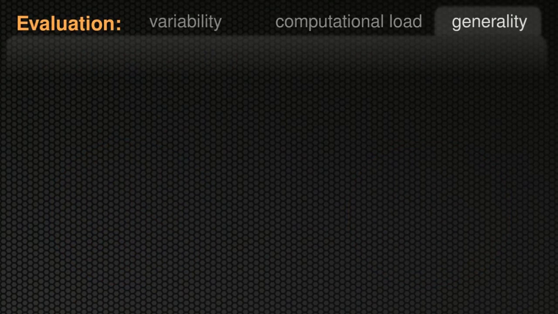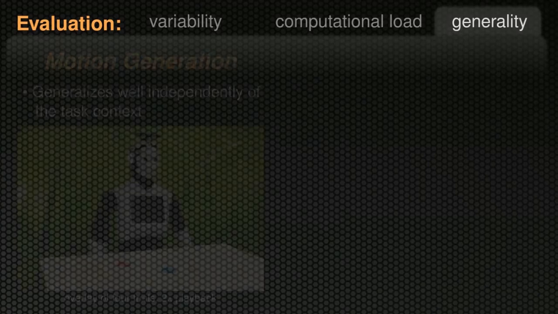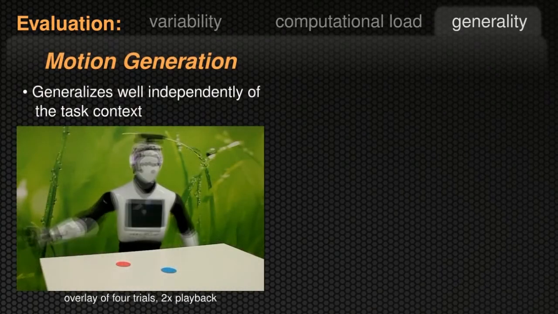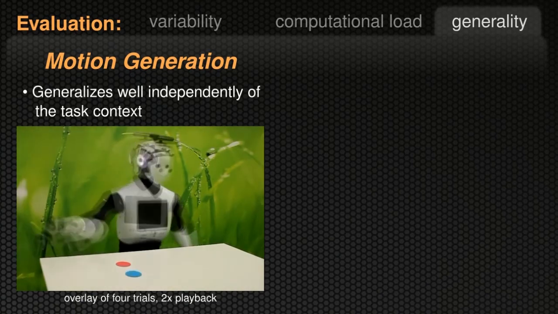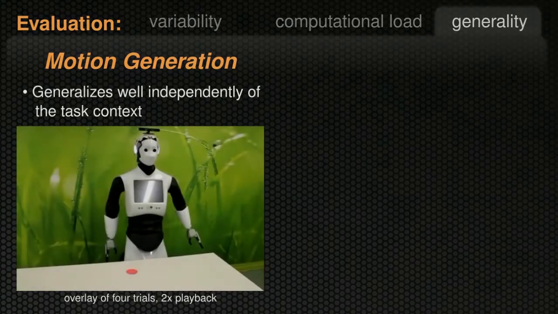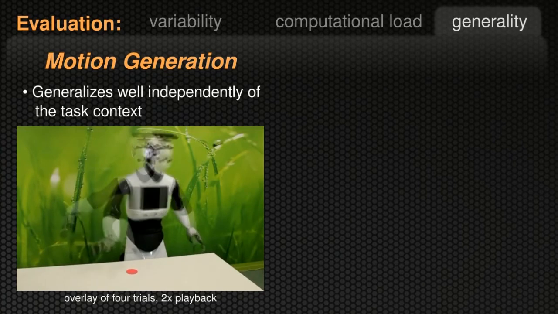Generality. Generality refers to the capability to generate motion plans for a wide range of tasks. It is the most important of our 3 evaluation criteria. Because motion generation uses search, it can in principle generate a motion plan for every feasible task. The robot can thus reach for different goals on the table and generates motion plans for different table heights just